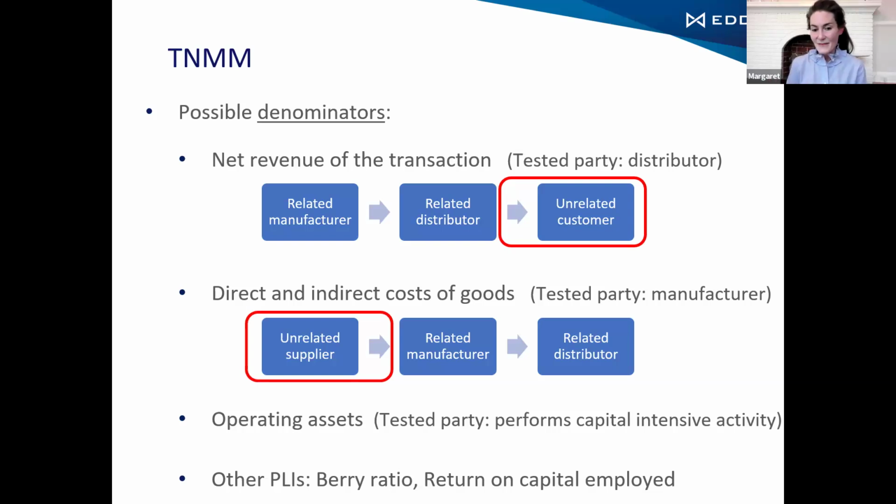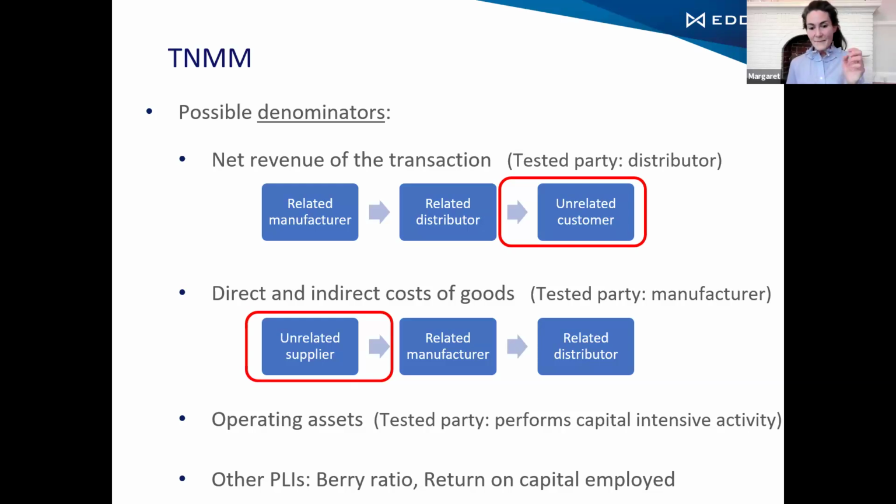And the more clear and detailed your documentation report is, the fewer questions you're going to get from a tax authority. So for every decision, like the choice of PLI, I would do my best to describe as fully as possible why I chose that one.